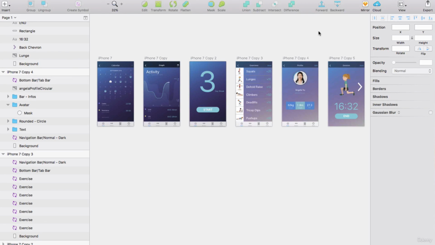In the next lesson, we're going to talk about how to use another tool called Canva in order to design mockups. Now, this is for people who don't have access to a Mac and therefore can't download and use Sketch. So we're going to show you a browser tool called Canva that'll allow you to build your mockups online without